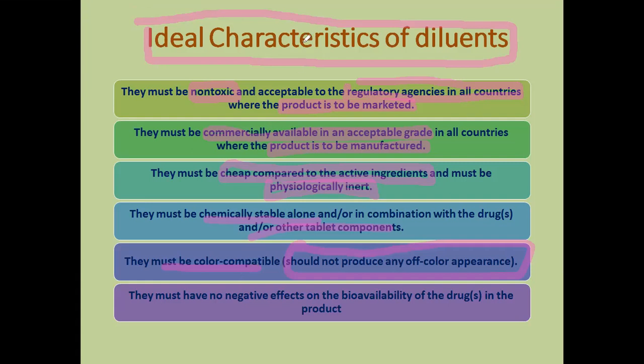And the most important part is that they should have no negative effect on the bioavailability of the drug product. So they should not hamper in any way the overall bioavailability of the drug, that is the rate and the extent. Rate means speed, and extent means the amount of the drug which is going to come into the systemic circulation. So these should be the ideal properties of the diluents. Now moving further,